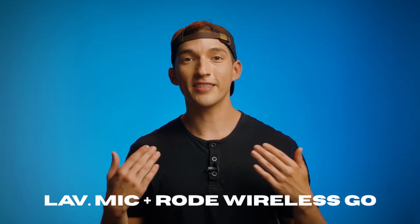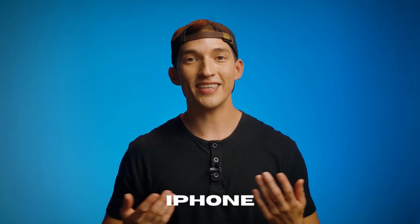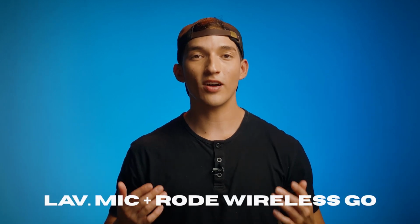For example, this is the microphone and what it sounds like. And this is what the audio would sound like if I was recording straight to my iPhone. As you can probably tell, the audio quality isn't as good. If you're just starting out, this audio setup might be out of your budget range. So again, you could always plug in a lav mic straight into your iPhone, and that's gonna be a cheaper